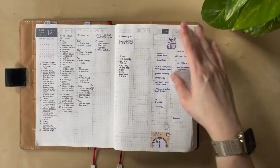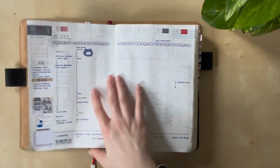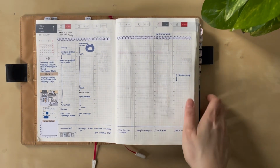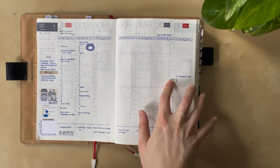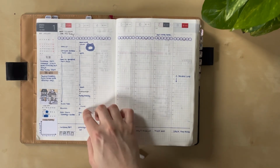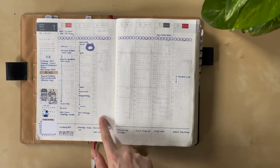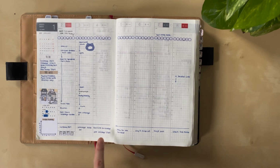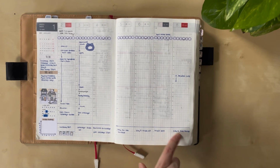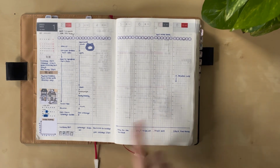And yeah, basically just some random stuff here. And then here you can see again, I barely was using these pages. I was doing a little bit of time blocking, but I still hadn't quite figured it out. At the bottom, I was planning out some videos that I wanted to post, and I didn't follow the schedule